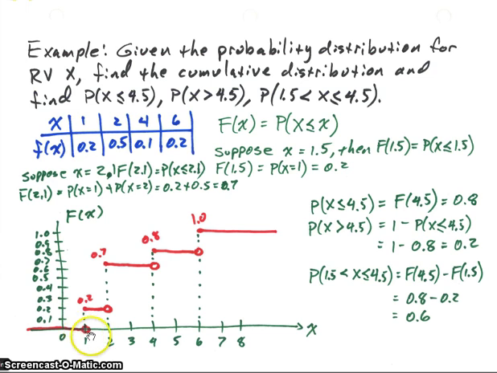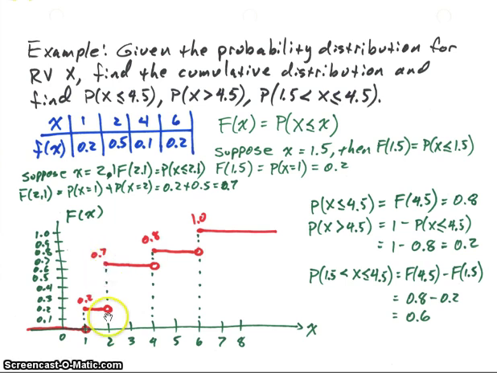So it's not equal to 0.2 at 1. It's not equal to 0 at 1. It's equal to 0.2 at 1. And it'll be equal to 0.2 until we get to the next value, which is 2. So right at 2, it jumps up to 0.7. I should have written it in here, but notice that that difference is the value at 2, which is 0.5. So it jumps up by 0.5